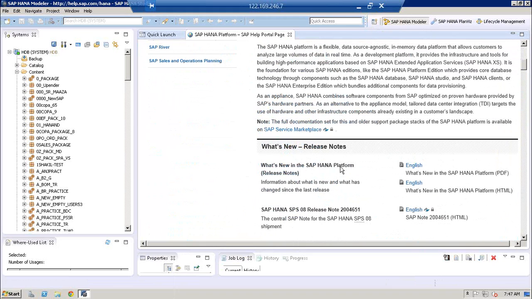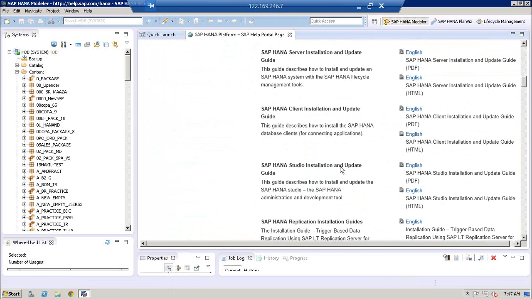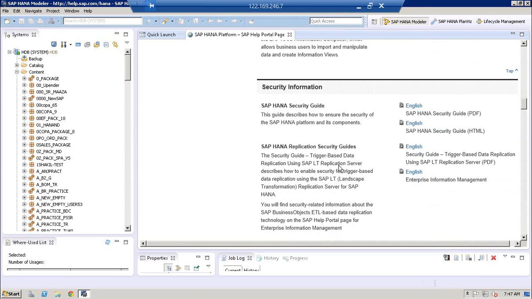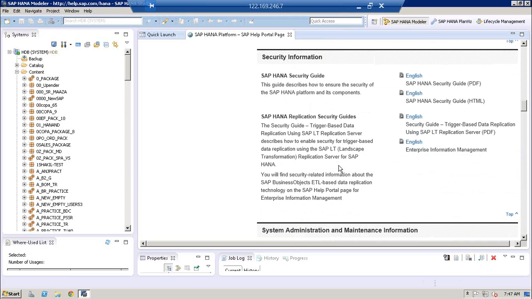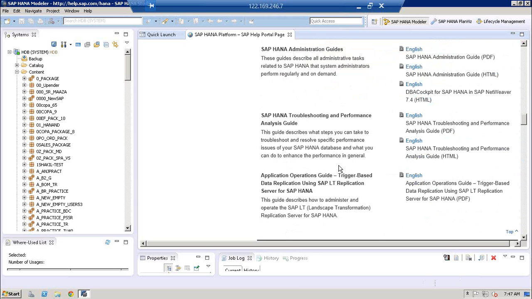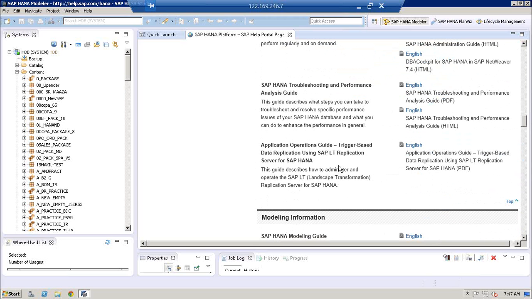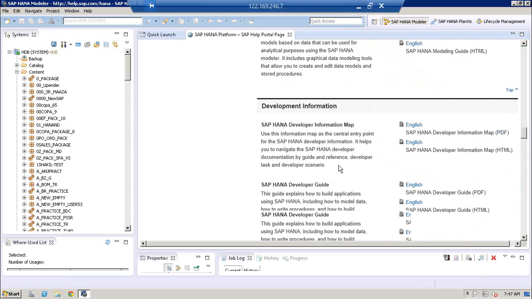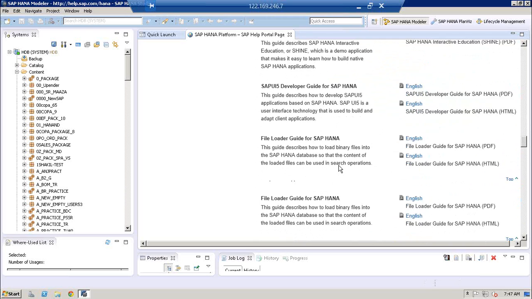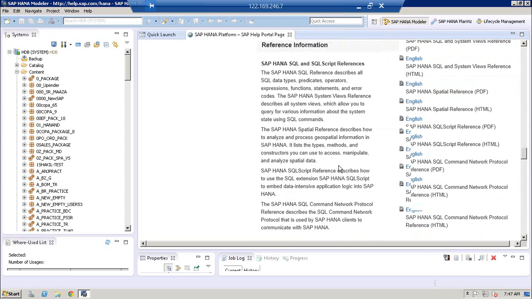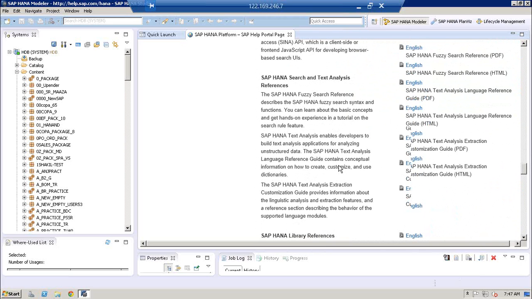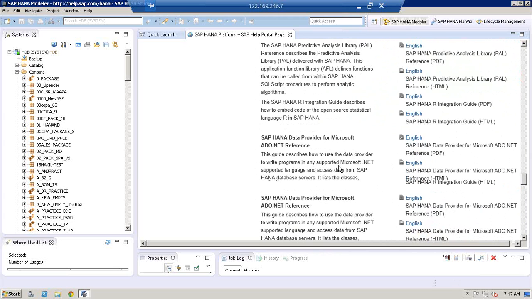Right, then if you are looking at, so let me scroll down one by one. So over here, installation, upgrade information, that you can download these documents onto your computer. Security information, system administration maintenance guide, data modeling information, development information, developer guide, reference information, JavaScript, Java developer information, search, library,